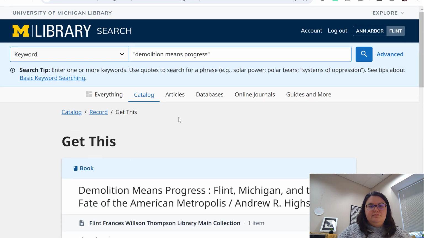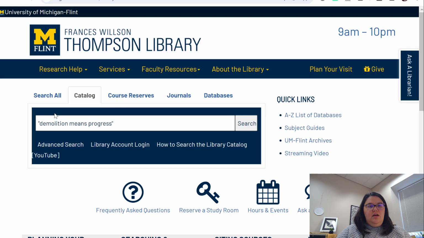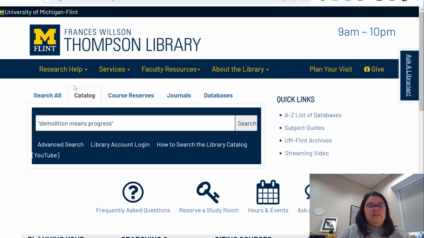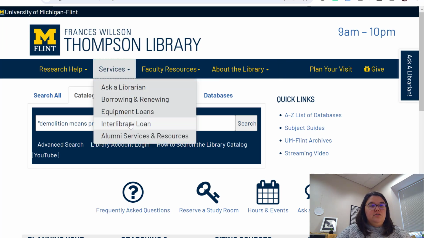All right. So that's finding things that the library owns. But what if we don't actually have this item? Maybe you're not finding it through the search all. It's not coming up in the catalog search. It's not in course reserve. You hopefully have asked a librarian for some help, because again, we have some special skills in order to help you find these things. But if all else fails, we do have a service called interlibrary loan that will actually